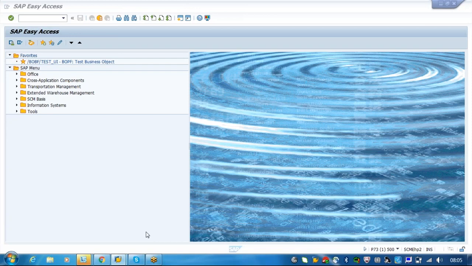So here we will be having two servers. One is the R3 server, which is the ECC server, and one is the TM server, which is your transportation management server. So basically, when we want to transfer the data from one ECC server to TM server, there is some setting required in the backend, which is nothing but your RFC setting, remote function call. For master data it is using the SIF mechanism, and for transaction data it is using the